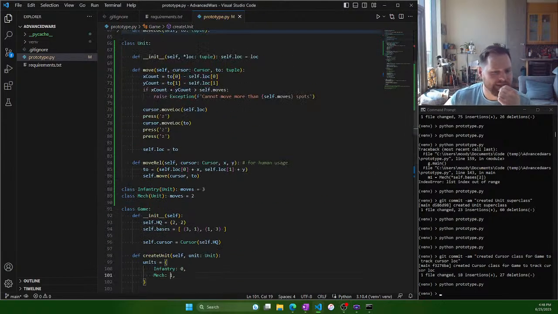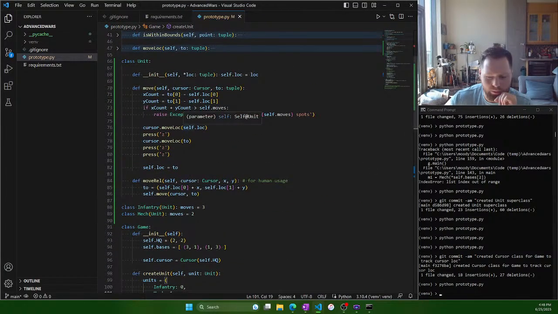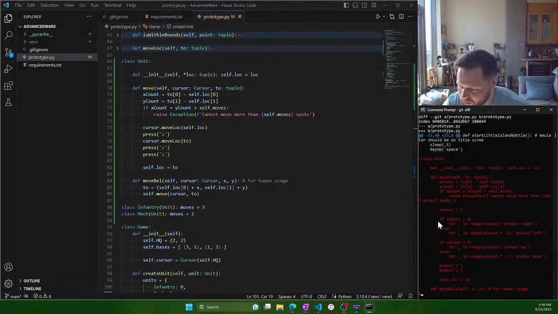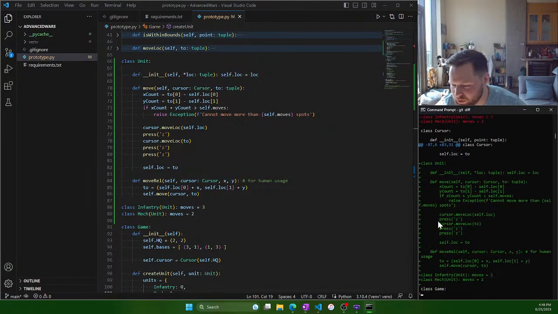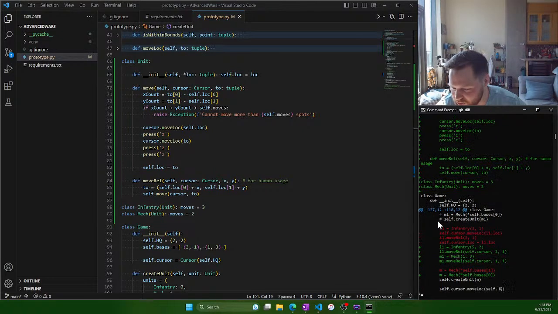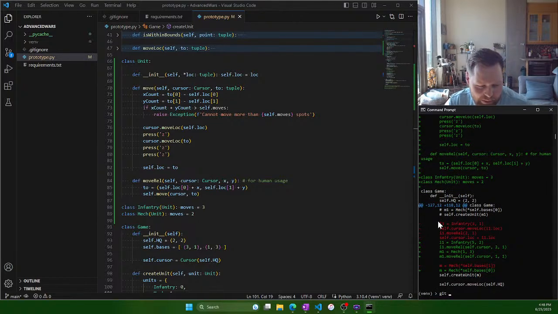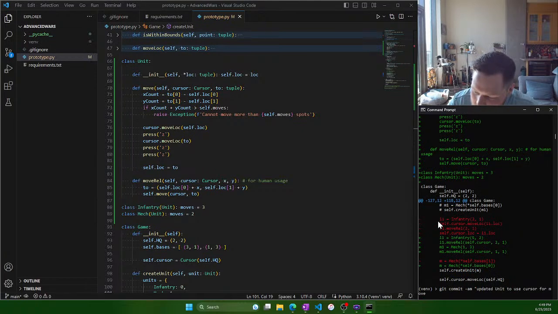All right, so that all worked nicely, and basically, if we look at the diff here, right? So this is an awkward diff because we moved it. So we moved the unit below cursor, which isn't really interesting, and we also changed it, which was part of it. So we updated unit to use cursor. Is basically what we did. Git commit am. Updated unit to use cursor for movement,